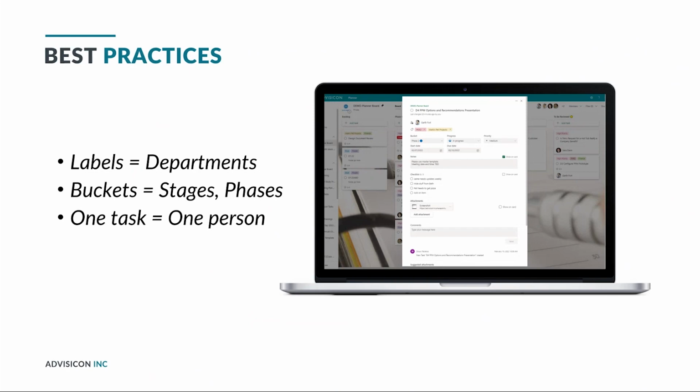Buckets, many ways you can define buckets, right? You could define them by health, as one suggestion was, red, yellow, green, or by stage. That's something you could do, so it's totally up to you how you define the buckets. My suggestion is that it's stages or phases of the